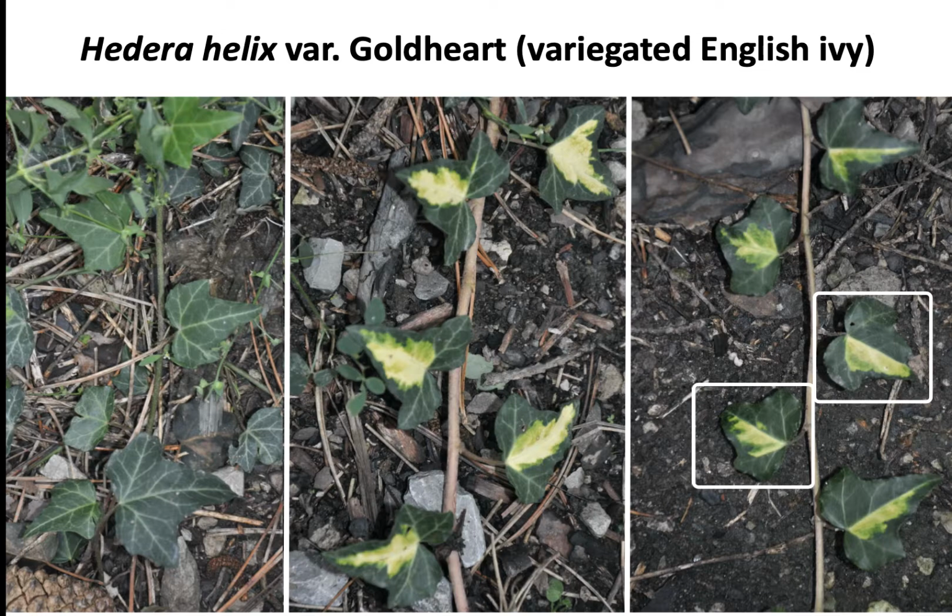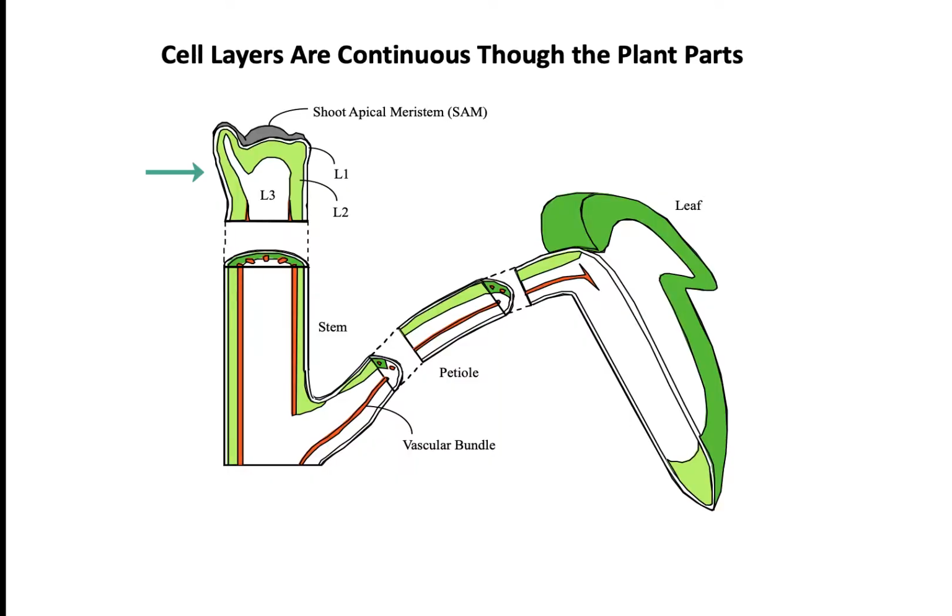You can relate this back to the shoot apex in that in half of the apex you have a normal wild type cell in one location, and in the other half of the shoot apex, the other cell on the other side, or other groups of cells, have the mutant condition. So in addition to mapping the apex up at the tip of the shoot in these plants, I mapped the green tissue throughout the plant and found this pattern, so that L1 consisted of the epidermal layer all throughout, and